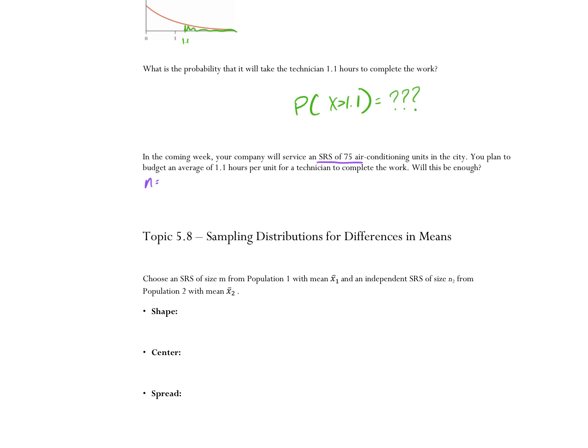N equals 75. And knowing that n is equal to 75, we can say, well, 75 is in fact greater than or equal to 30, so the x bars are approximately normal. So even though the population isn't, the means will be. Everybody good? All right. We know the mean of our population is 1.1. So the question really becomes, is this enough time? So let's go ahead and look at what is the probability